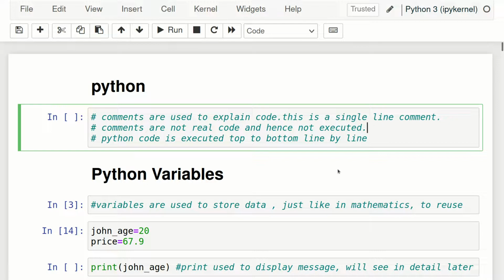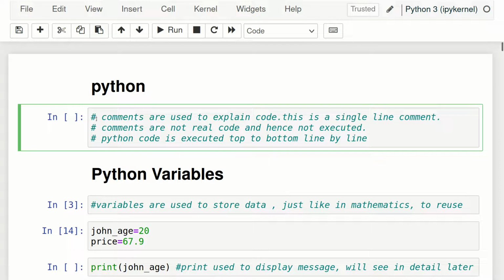It means suppose I am writing a code. After writing a code, we need to explain it, so that suppose I see the same code after 2 or 3 months, sometimes it happens that we ourselves forget what this code was doing. So we use comments. We write something, just like we make a rough copy, similarly we use comments so that we can use this for the future. So these are not real code.